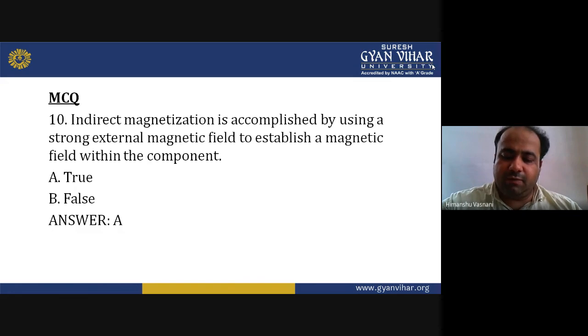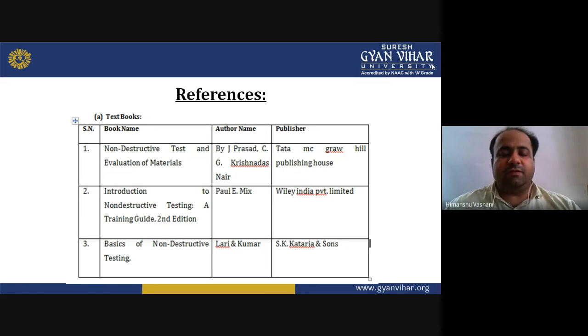So we have completed the 10 MCQs right now, and these are the references which you can refer to and increase your knowledge in the current topic. The topics that we studied today were more relevant for detectability and for finding out the defect. Moreover, the directions were also known to you. If you understand the concepts of how the defect is found, you will find that magnetic particle testing is comparatively very easy to learn, understand, and practice.